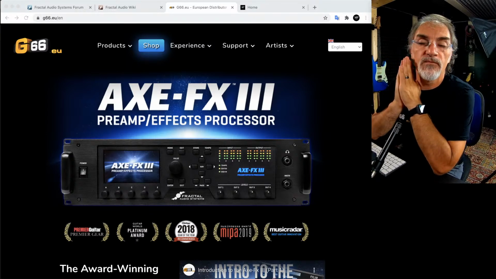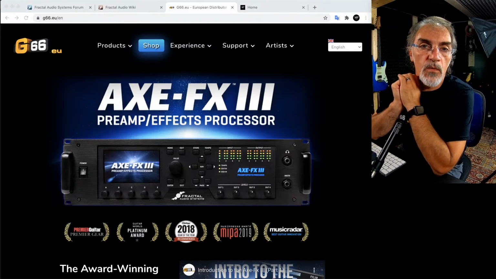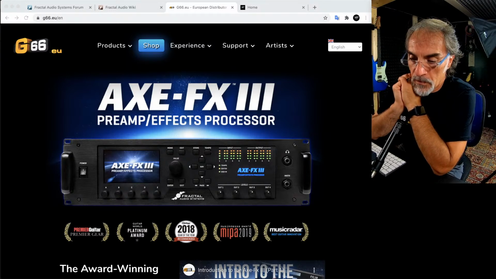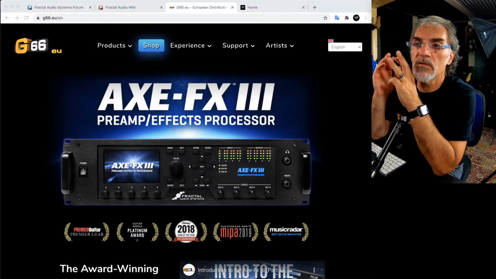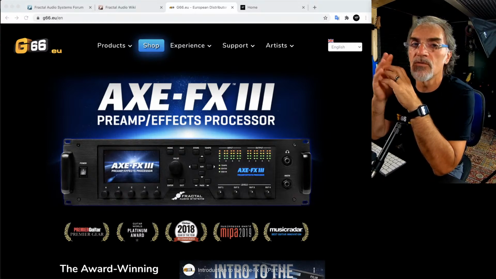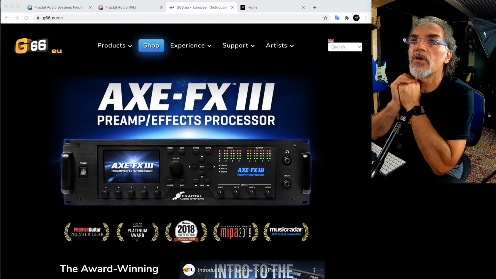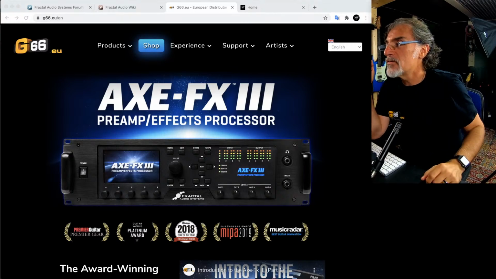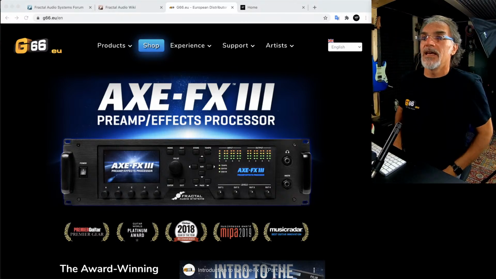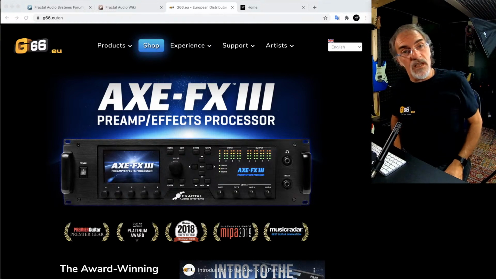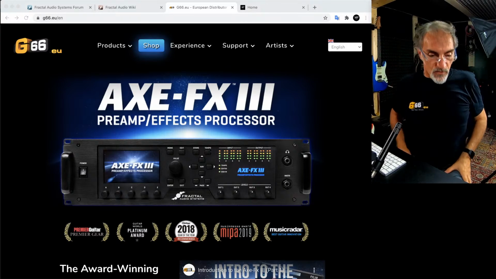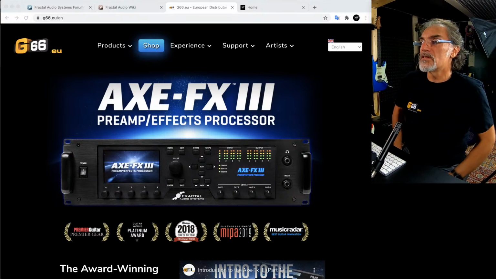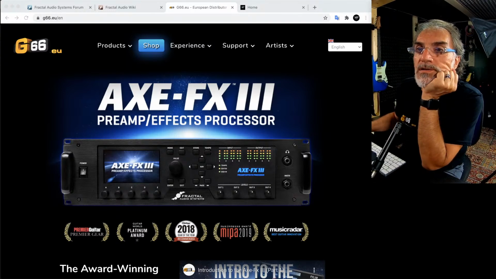G66 has a very, very good and important website where you can find all you need: support, contacts, documentation, firmware, software, editors, information regarding the product, video, free presets. And I would like to thank G66 and of course Fractal Audio, and all the staff of G66. I will also introduce you to the staff.